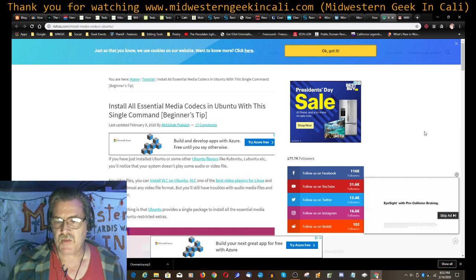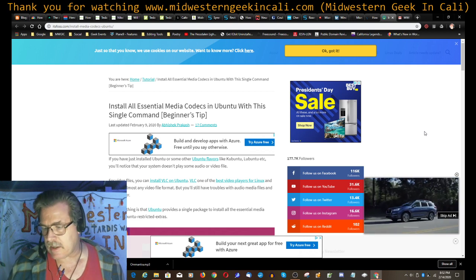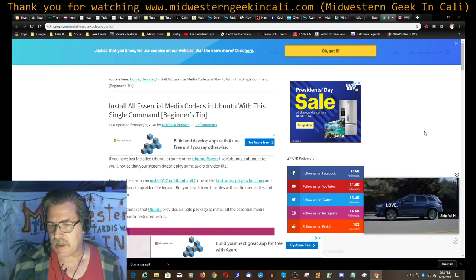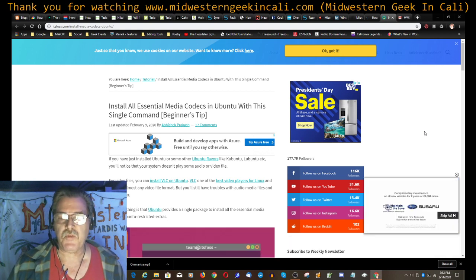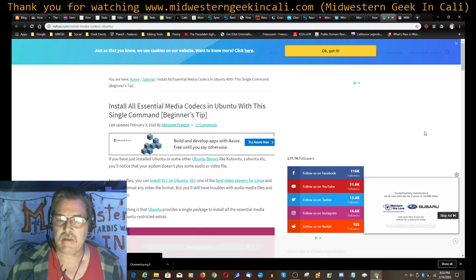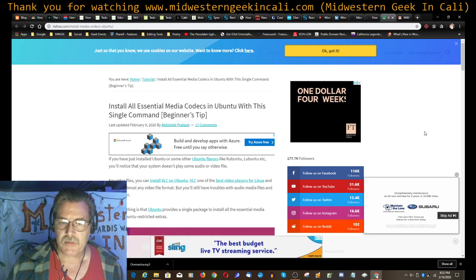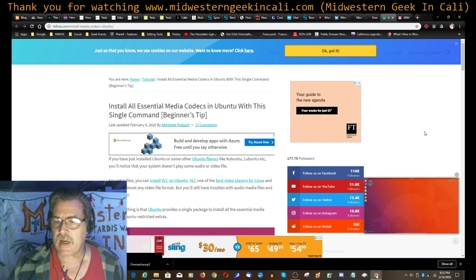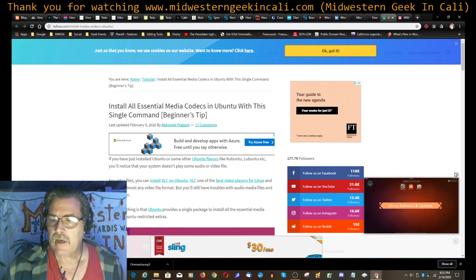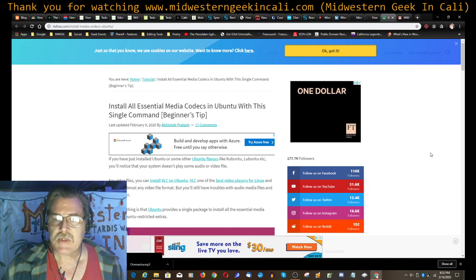Like if you've got MP4 for video, there's a codec that reads and encodes MP4. If you're recording MP4 or if you're watching MP4, you need the right codec to be able to play the file. Same thing with MP3 audio and all the other audio and video formats out there, they have their own codec, right?